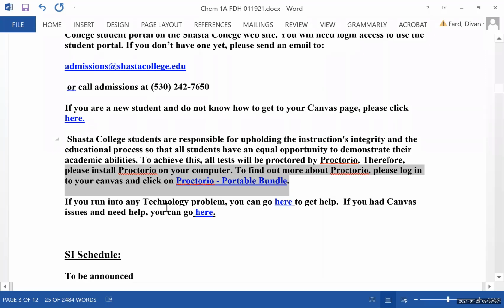Some students had technology problems. Some people know more about working with computers and technology than others. So bring it to discussion. If nobody can help you, you go right in here. You generate a ticket. Within a few days, you are going to receive a response and help from people from